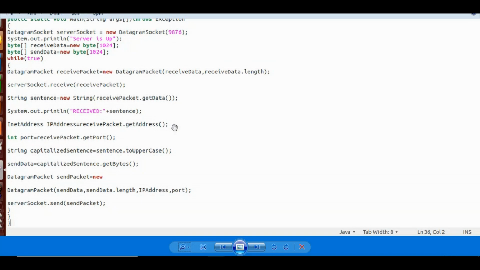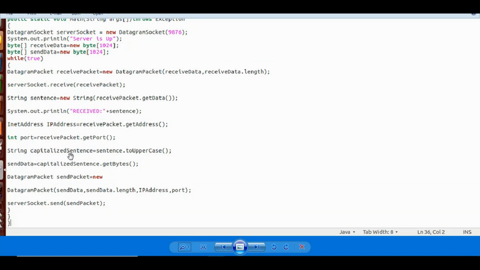So what are we doing now? I'll get whatever packet has been sent from client to server, and I'll get the IP address as well as the port number of the client from that packet itself. So IP address is get address, and I store it in IP address, and then port is received packet get port. From the received packet only I'll extract the port number and store it in port.